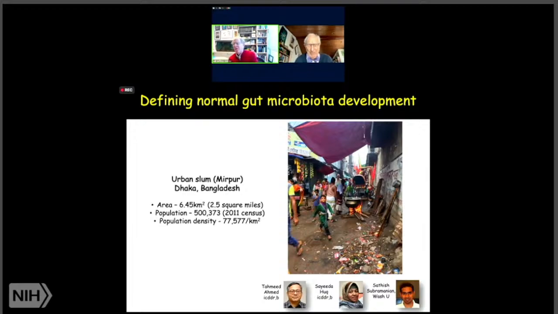And the definition of normal was pursued in a birth cohort where individuals were enrolled at birth, reflecting the deep trust and commitment of mothers and families for the health of their offspring, as well as the deep trust and respect that they had for the healthcare providers that they have been interacting with, so that longitudinal studies could be performed successfully. Tamid Ahmed and his colleagues have forged that level of trust, respect, and devotion over the course of the last 4 decades.